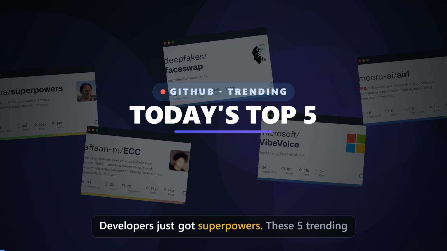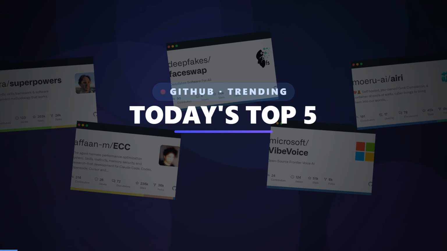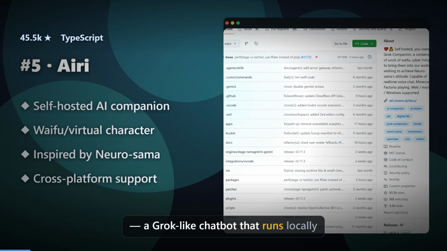Developers just got superpowers. These 5 trending repos prove it. Wait for number 1. Airi is your self-hosted AI waifu companion, a Grok-like chatbot that runs locally and can even